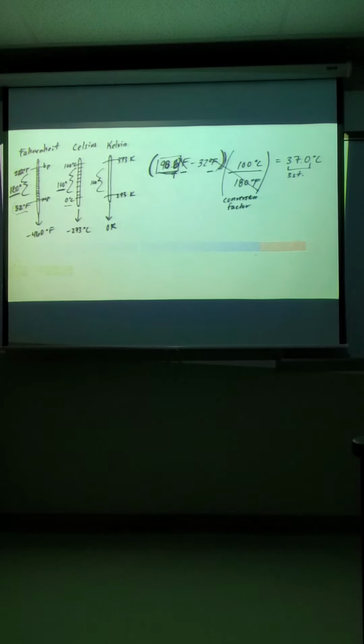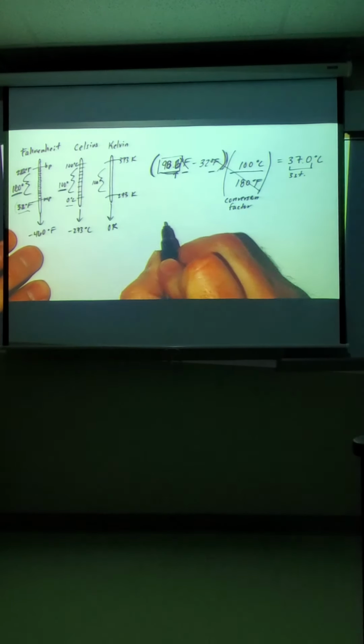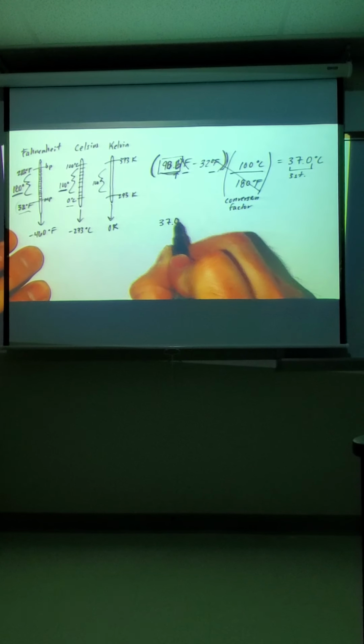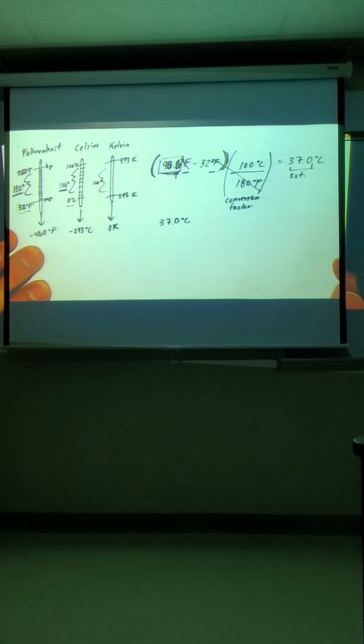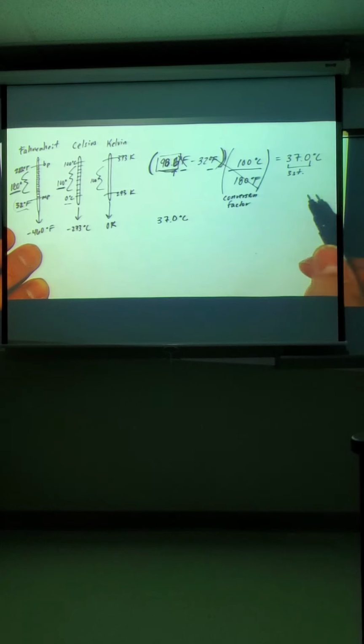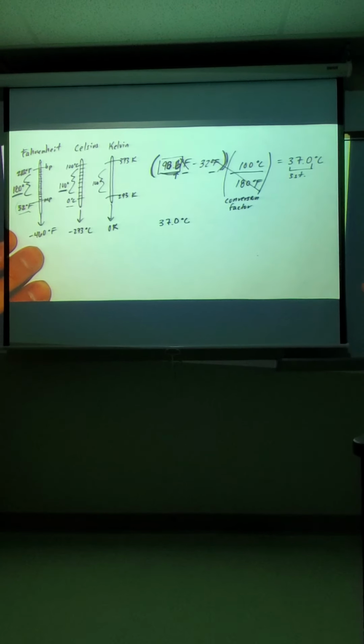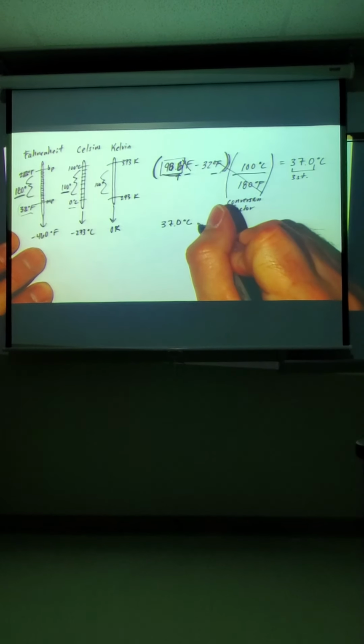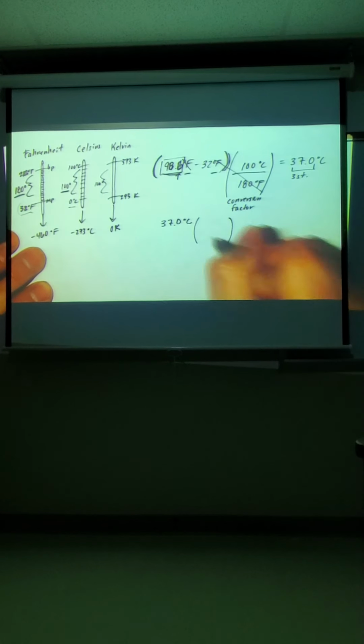So let's check our work. Let's make sure we can go backwards. If this is truly the conversion, let's try it in reverse. 37.0 Celsius. We need to go back to Fahrenheit, so we need to reverse this. Would it be important now to add 32 or to convert? Well, if you think about it, if we add 32, Fahrenheit and Celsius are in different scales, that wouldn't make sense to add any number that has different units. So much like before, we need to do the conversion factor first,